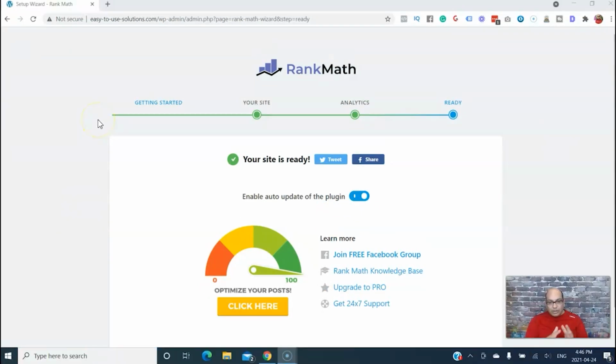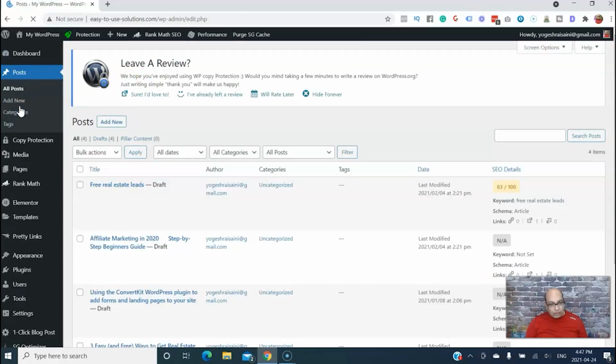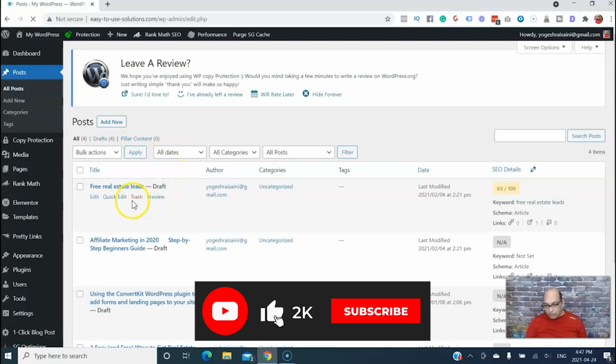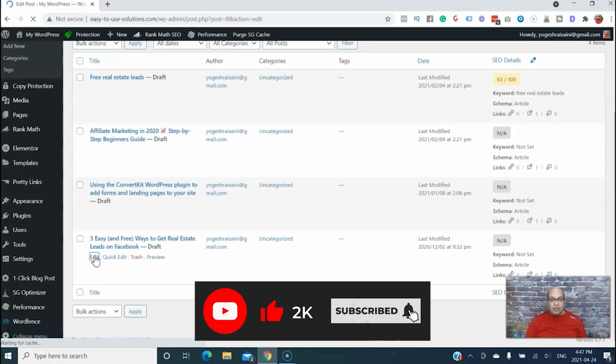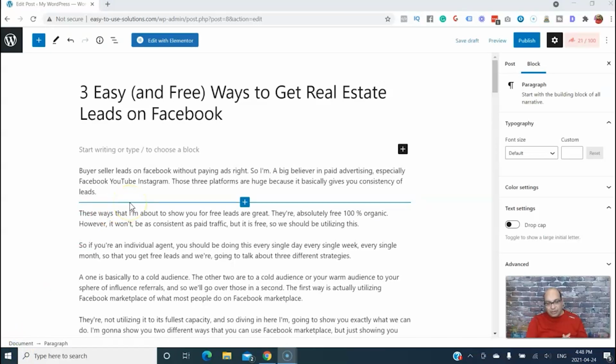Okay, so once our Rank Math is set up, you can optimize a post. Let me see if I have any post on this. If I do, I'll just show you right here. So let's use this post as an example of how you can use Rank Math to optimize for SEO. Right now this is just a draft for one of my blogs. You can see it has 21 out of 100 in the SEO optimization. So if you click on this,